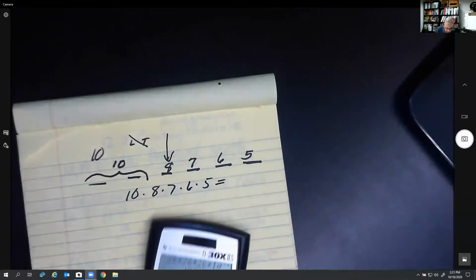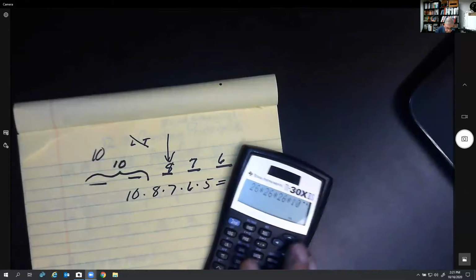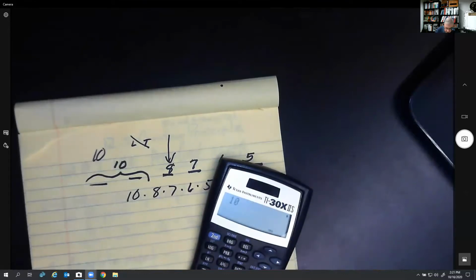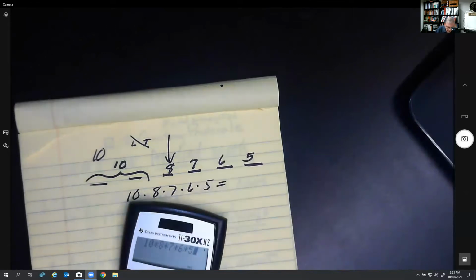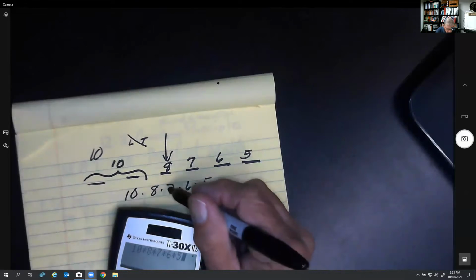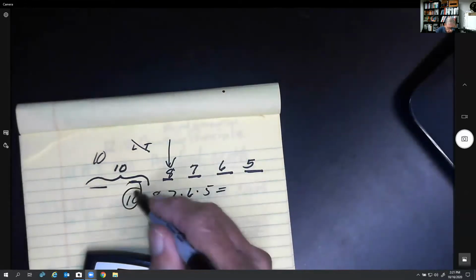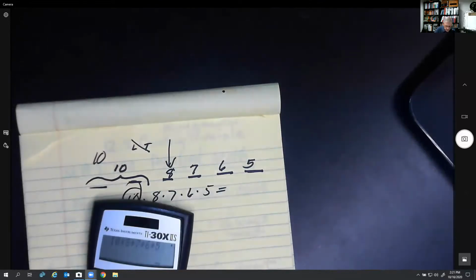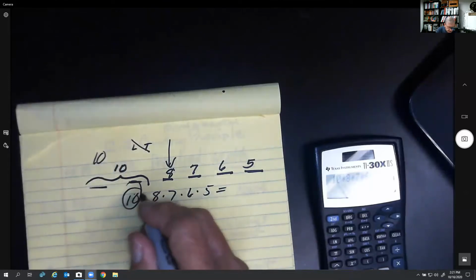Let's see what that gives us. 10 times 8 times, let's start over again. 10 times 8 times 7 times 6 times 5. That's it, 1, 2, 3, 4, 5. Yeah, because these occupy 2 seats, so 4 and 2 makes 6. Okay, so that gives us 16,800